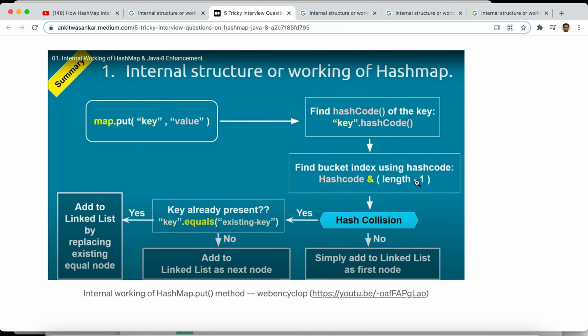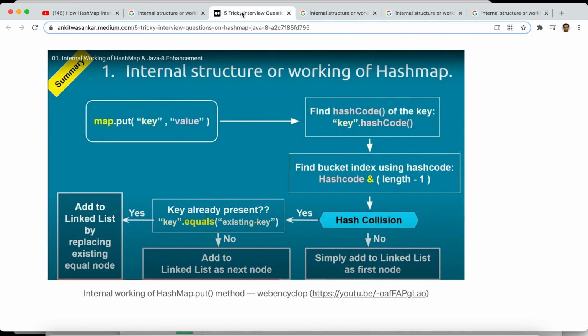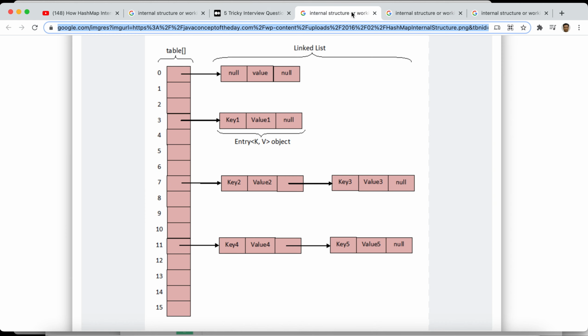This is the formula: hash code AND operator the length of the array, which in this case is initially 16, including the 0, so the size is 16. So 16 minus 1 is 15. Whatever the result of this is the index. Based on this, we can determine which index here.